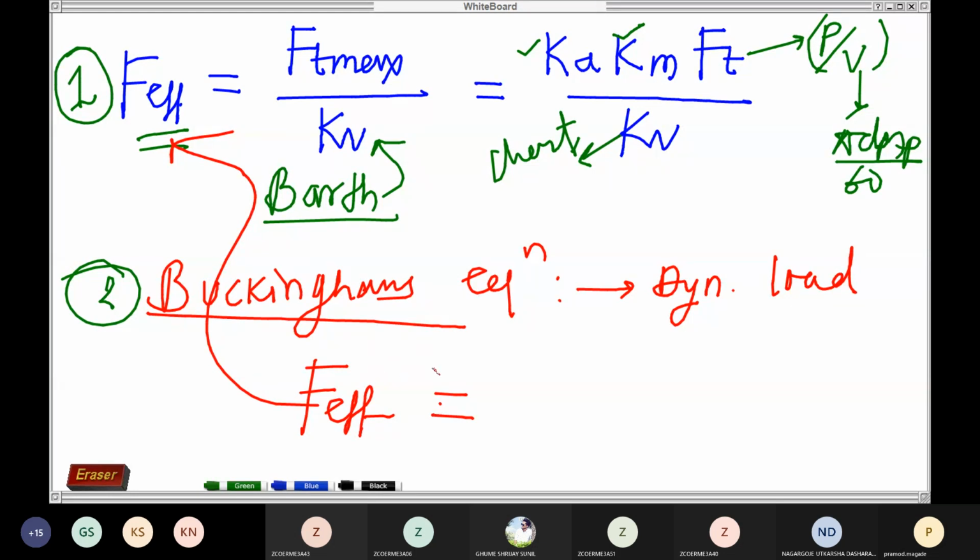So he has given the equation, that is, he has considered, instead of taking Kv or velocity factor, you will have to take a dynamic load plus Ft max. So this equation he has given. So we have to go by this equation as per the Fd and Ft max. So just write down this title, second Buckingham's equation, and under that title write down,